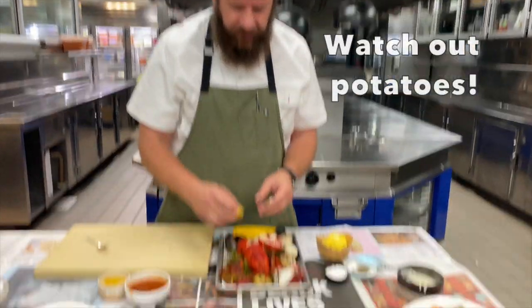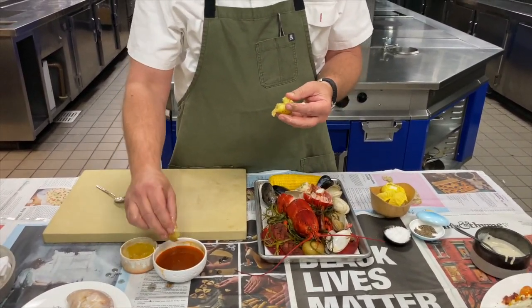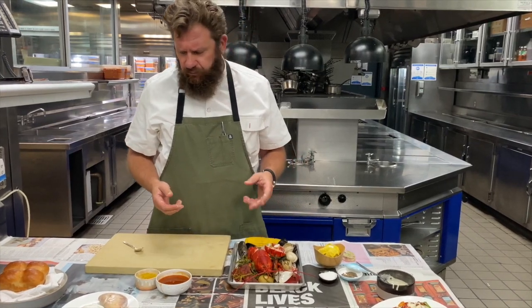Do the same thing with the potatoes. Take the potatoes and just smash them in your fingers like that, and then dip them in the butter, and then dip them in the broth and eat them. And they're delicious, and I guess I don't need dinner tonight. It's just amazing. I'm sorry, I got so carried away eating all of this stuff and enjoying it so much